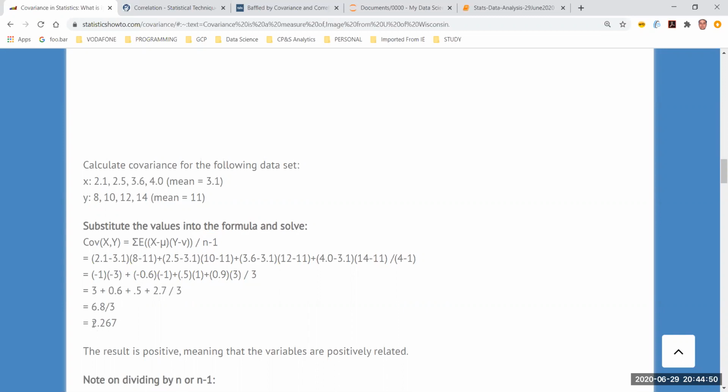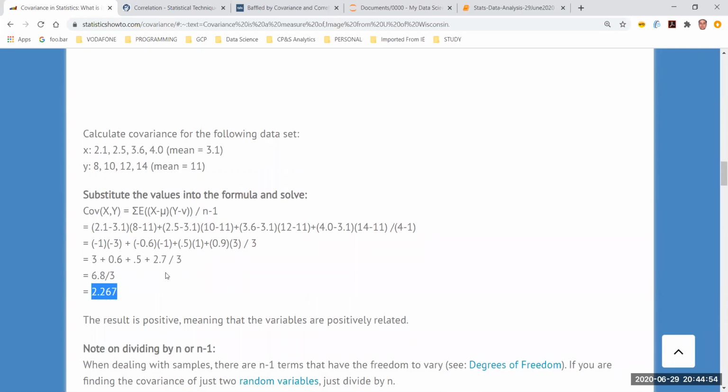Now this result that we get is a positive result. If this result is quite positive, and as we saw in the last class, quite positive means it should not be like 0.7. 0.7 does reflect a positive covariance, but not a very high positive covariance, which means I can't be 100% sure that an increase in x is going to result in an increase in y, or vice versa.